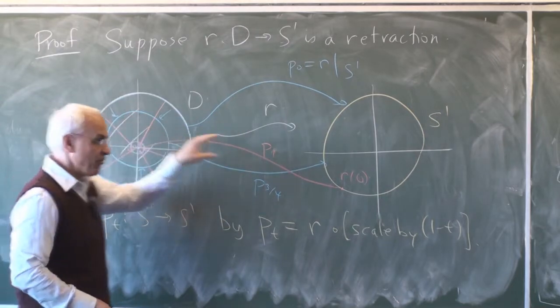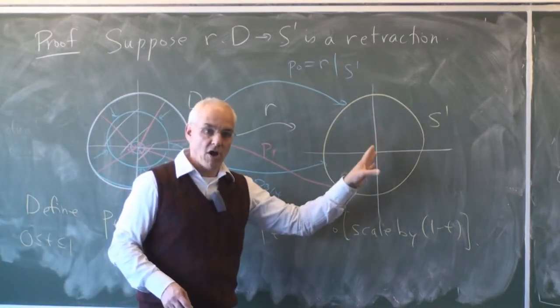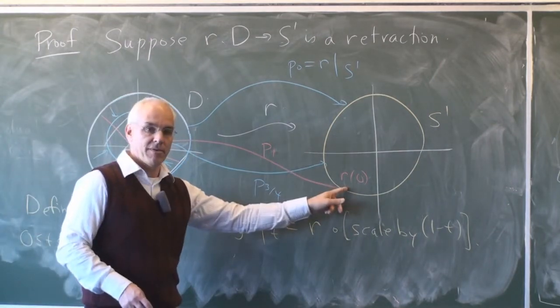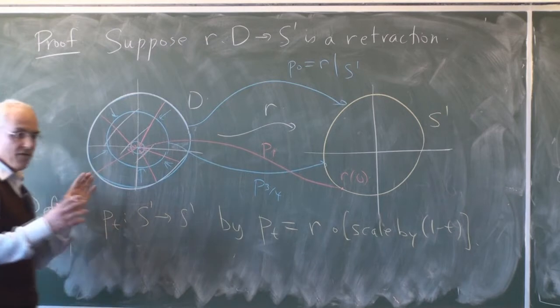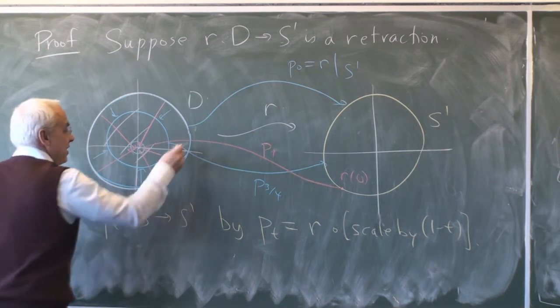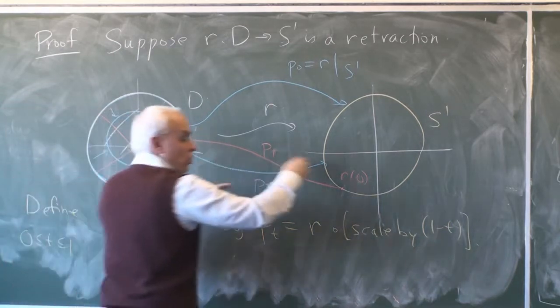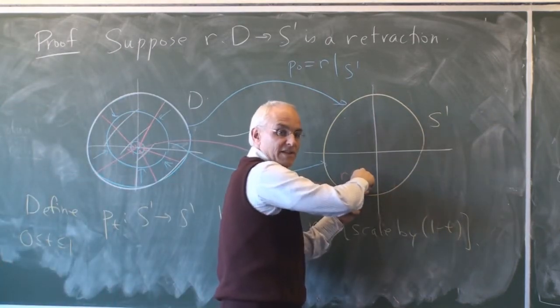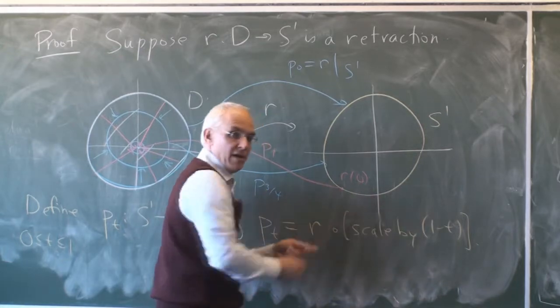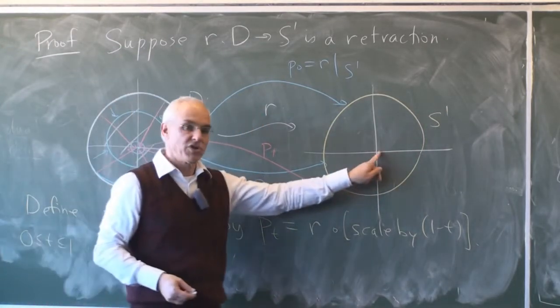The other intermediate maps are complicated. They depend on what R is. But the final map, P of 1, is a constant map. So we're going from a degree 1 map to a degree 0 map. Or in other words, this first image curve has winding number 1 because it's just the identity, while the final map, sending everything to just one point, has degree 0 because it doesn't go around the origin at all.